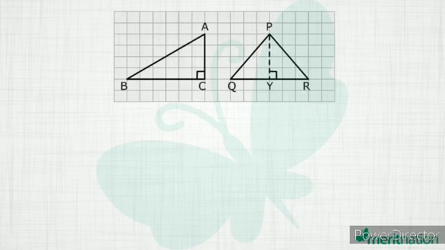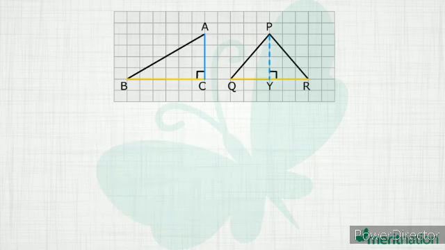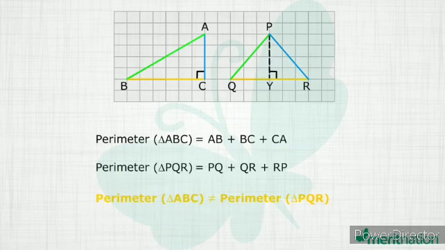Now, in the second case, here are the two triangles that we've drawn. They are not congruent, as you can see, but their areas are the same. You see the bases? They are the same. The height, the altitude, is the same as well. Since the area is half into base into height, and base and height are the same, the area is the same. But look at the three sides. The sum of the three sides in the two cases is very clearly not the same, so they have different perimeters.